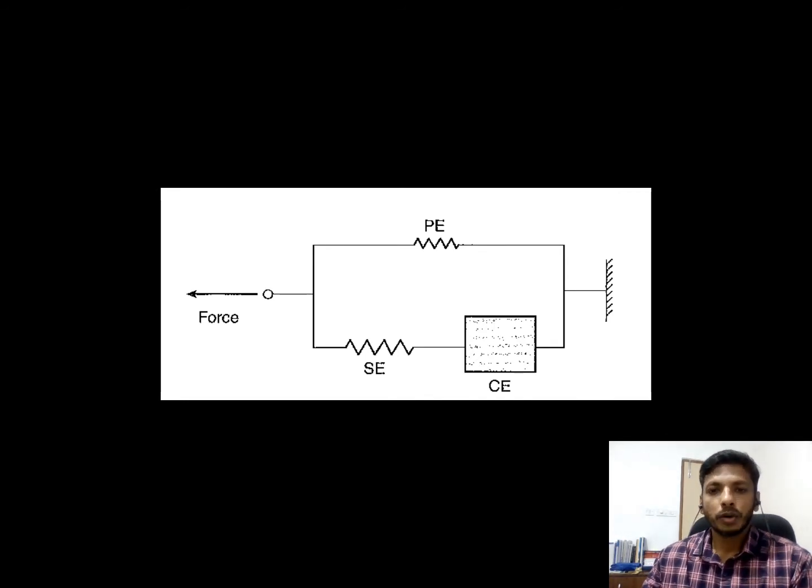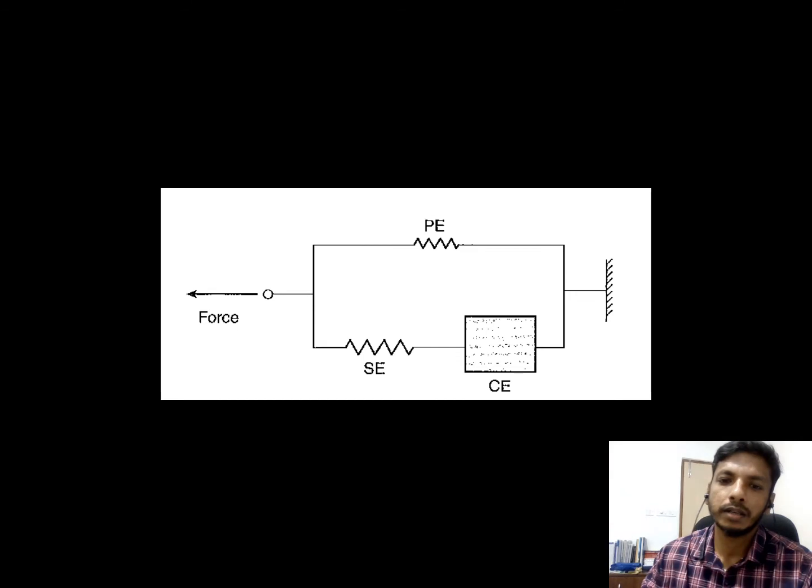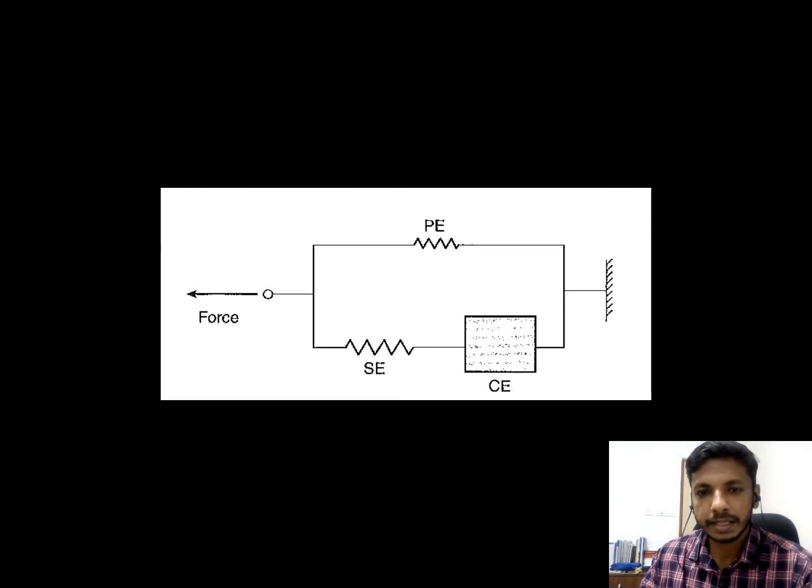Now coming to the Hill's model, we have the contractile element, all these protein myofilaments which are involved in force production, and it includes elastic components, which are spring-like structures. We have a series elastic component and a parallel elastic component. The series elastic component, which is in series with the contractile element, is the tendon, and the parallel elastic component, which is in parallel with the contractile element, is the connective tissue, which includes endomysium, epimysium, and perimysium. Force production depends on the interaction of all these contractile elements as well as the series and parallel elastic components.